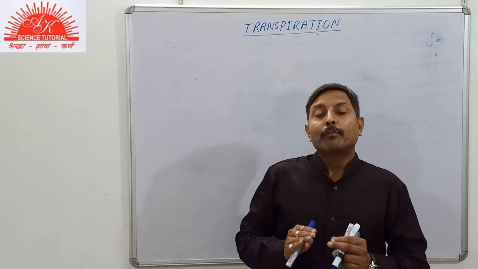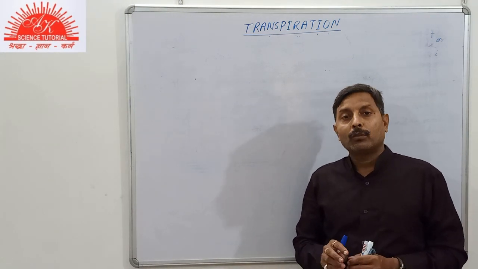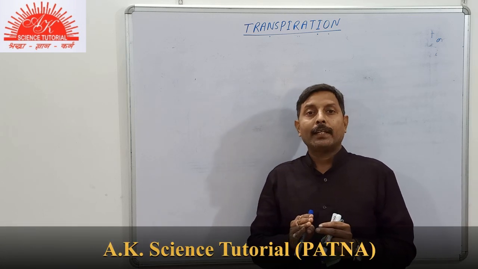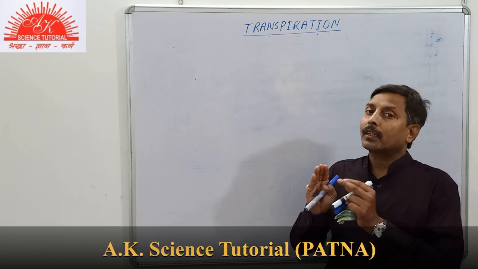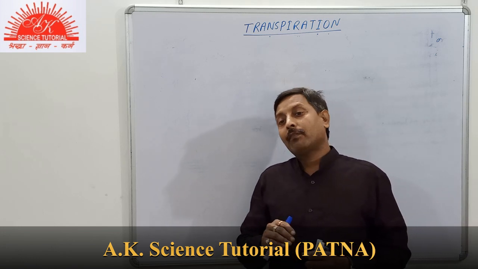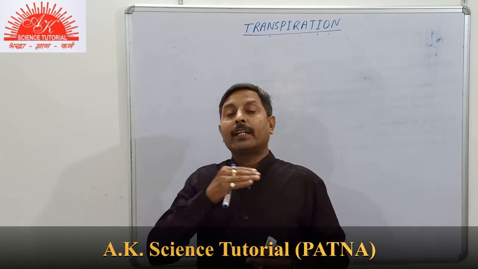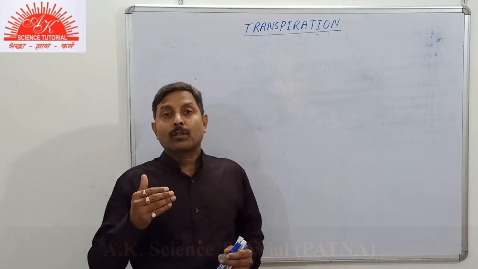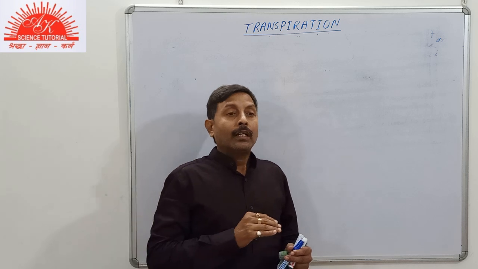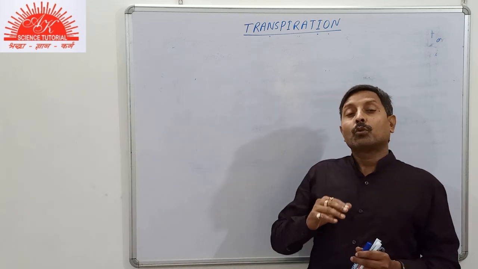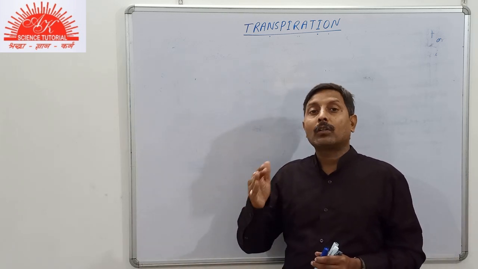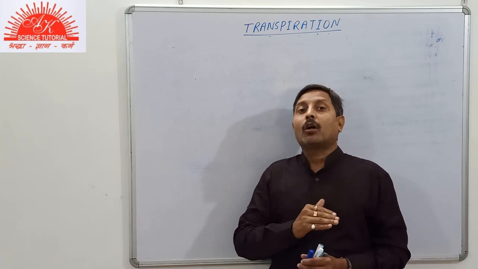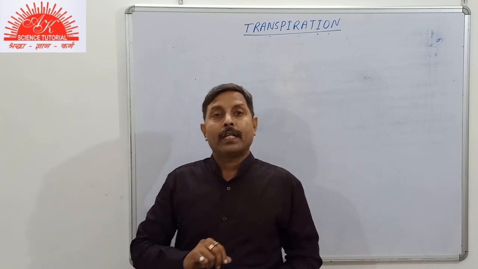Students, in the previous video we have studied the different experiments demonstrating the process of transpiration. We have studied them depending upon the different aims of the experiment, like transpiration takes place through the aerial parts of the plant. The next aim of the experiment was to show that there are more stomata on the lower surface of a dorsiventral leaf. Today's topic is about the potometer.